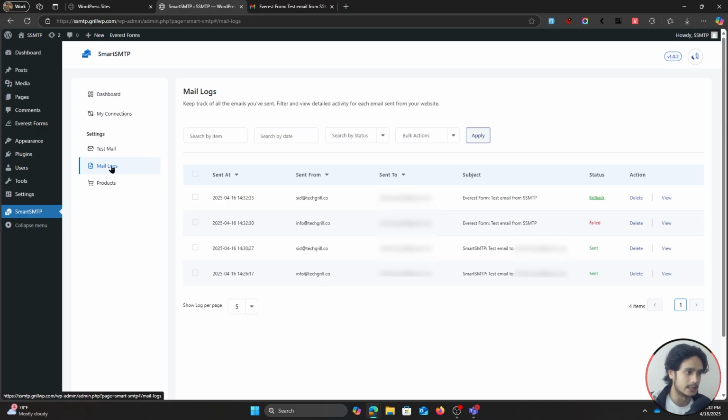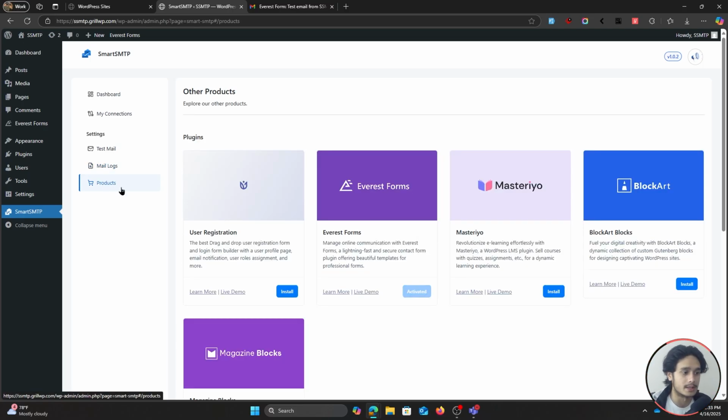Now, in the upcoming releases of this plugin, I want to have a notification system where if a fallback has been triggered, it will show you, hey, your fallback has been triggered. Maybe you want to monitor your primary connection or something. And I also want to make it so our SmartSMTP plugin is really well connected with our other products like User Registration and Membership, Everest Forms, Mastery LMS. So yeah, and here it seems we're still using the old branding of our URM plugin. We need to change this as well. So there's still a few changes I want to make to this plugin, and after that, the plugin will be